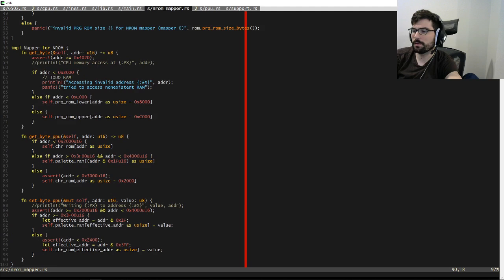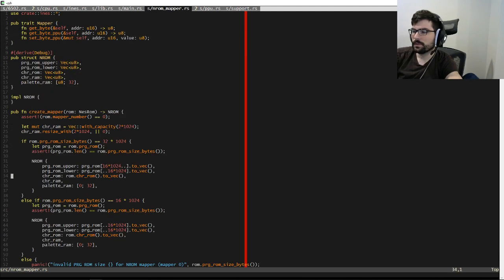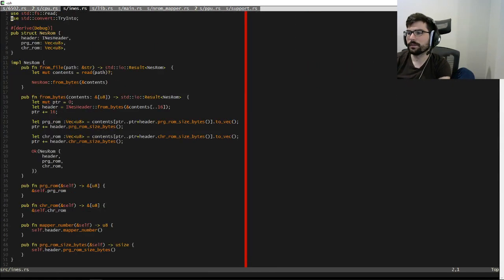Where would that be? That'd be in the NROM mapper. ROM.chr_rom, right? So we take in the NES ROM, which comes in from here, and we just get the CHR ROM, and we get the CHR ROM based on contents pointer plus header PRG ROM size, and then the CHR ROM size. I mean, that seems right to me. It could be wrong, but